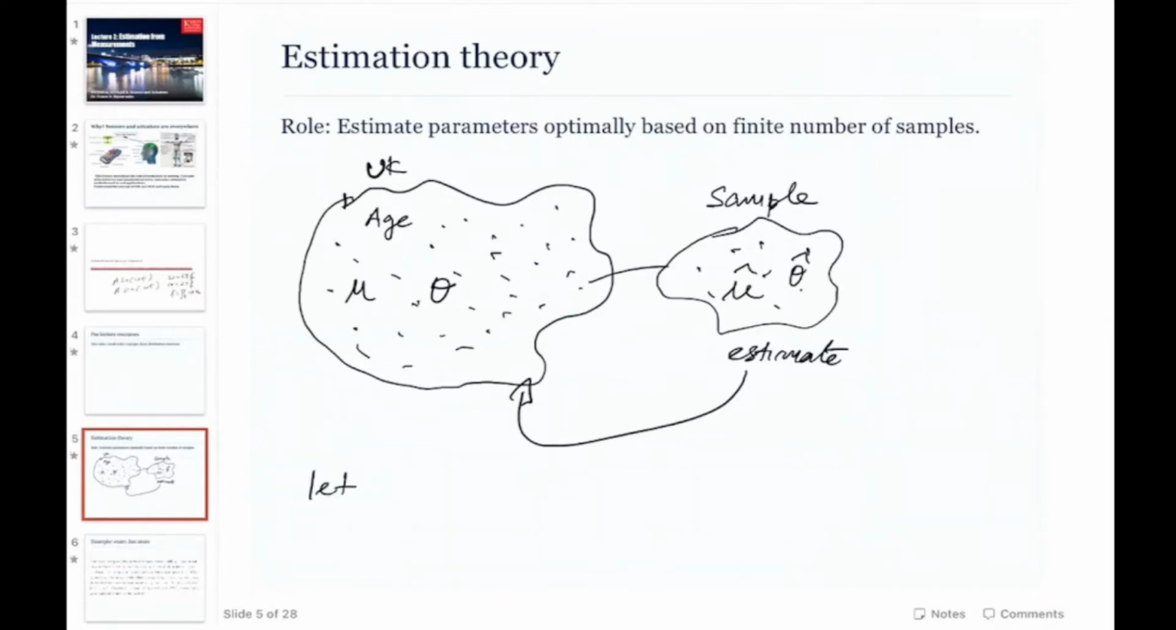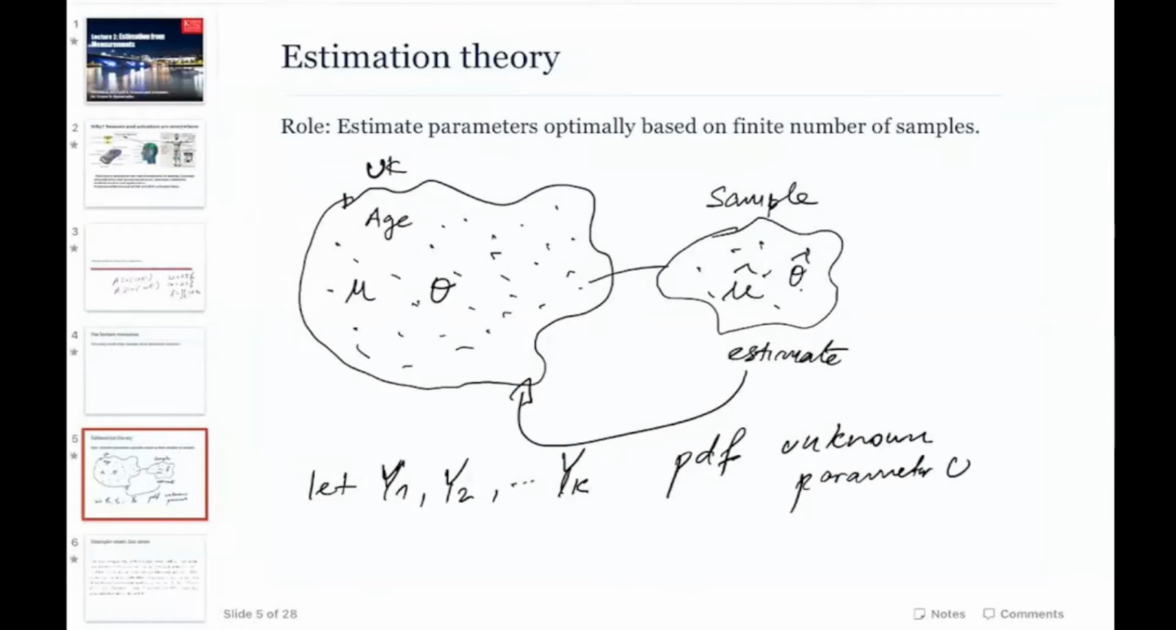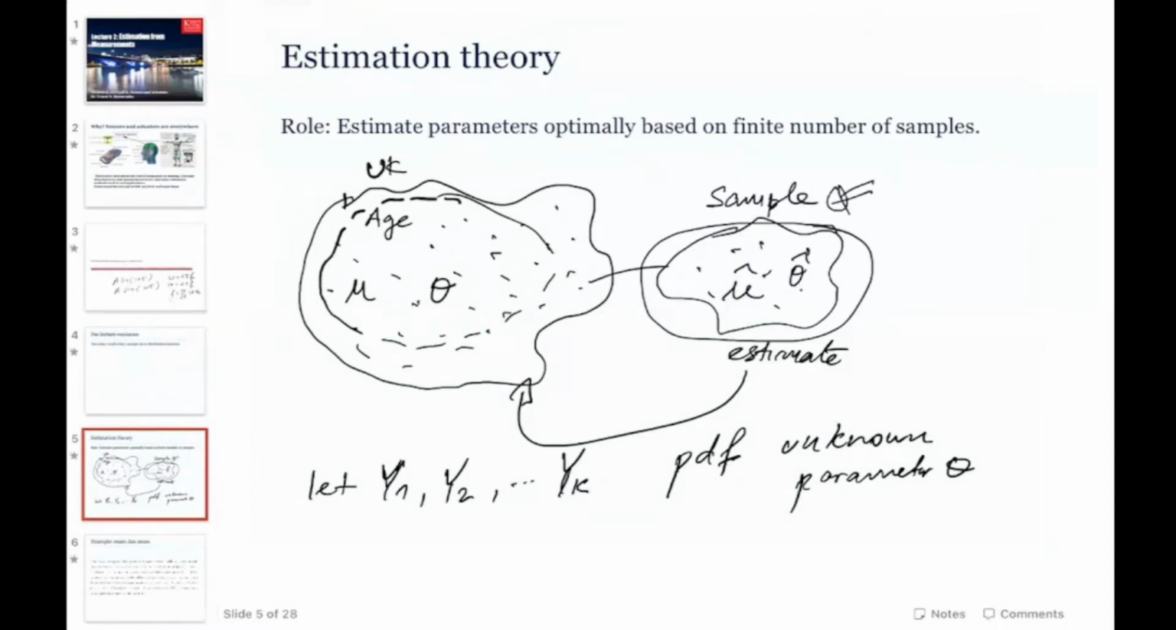So if we assume, let big Y1 up to big YK be K independent and identically distributed samples of a random variable, and the probability density function depends on an unknown parameter theta. So if we knew the entire population, of course, we could have known theta as well. But after our experiment, we only have a small sample. In that small sample, theta is unknown, and we now need to try to estimate it based on the